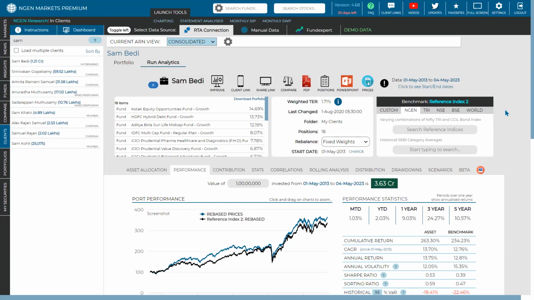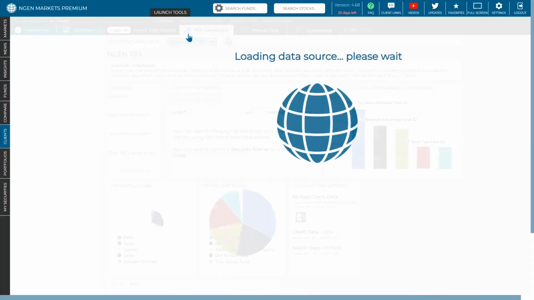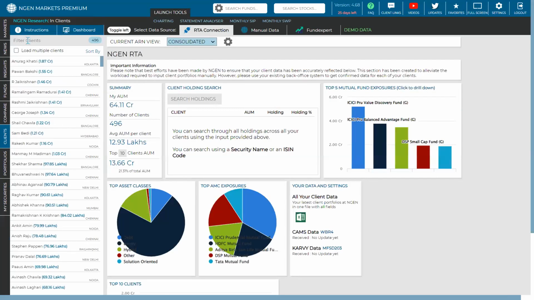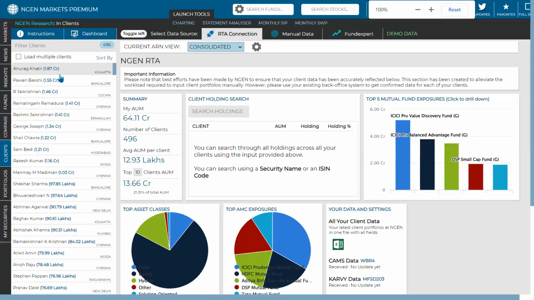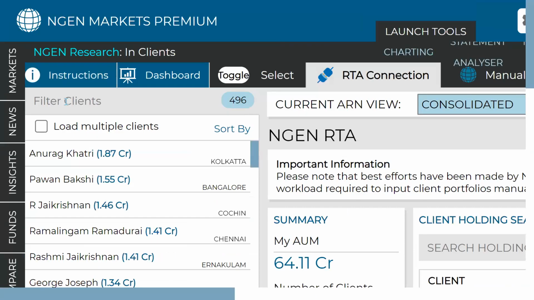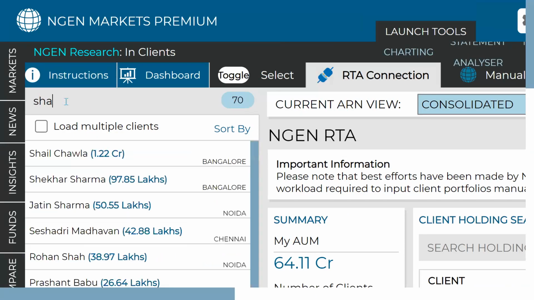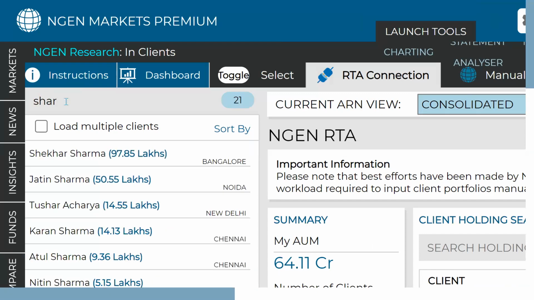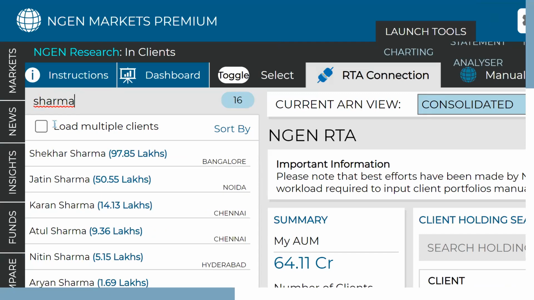So if you want to consolidate portfolios, you can head over to the RTA connection tab, right? And you can effectively consolidate any clients. Now, let's say I want to consolidate 4 to 5 clients from one single family. I'm just going to zoom in here on the left side for preference. You can see this is the filter client portion. Here you can search for, let's say, Sharma family. Once you search for the Sharma family, or any family which you have in your ARN, you can click on